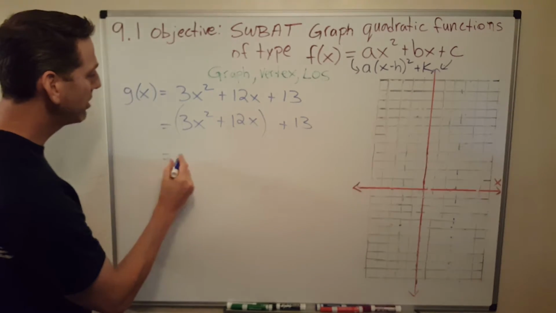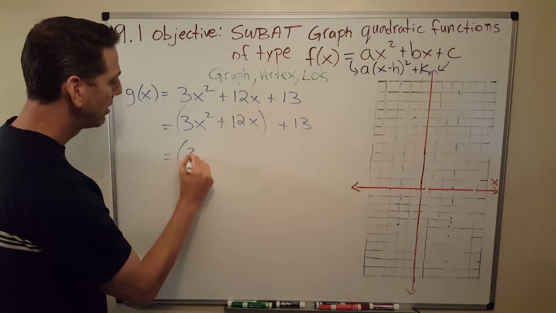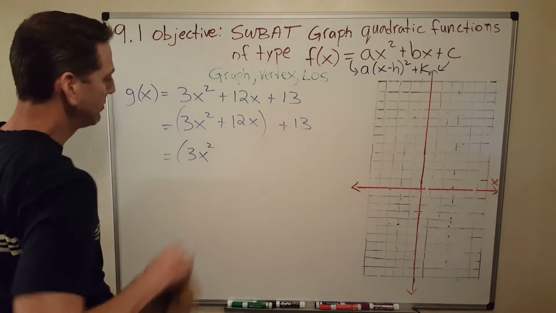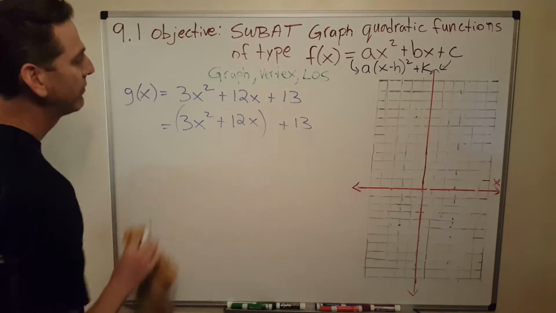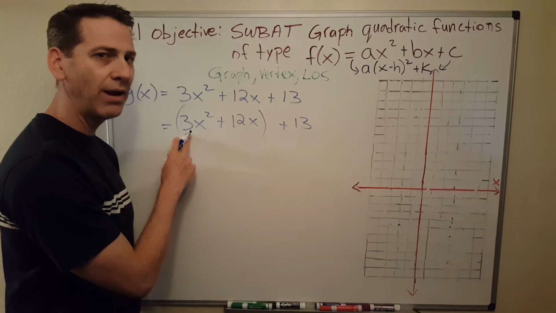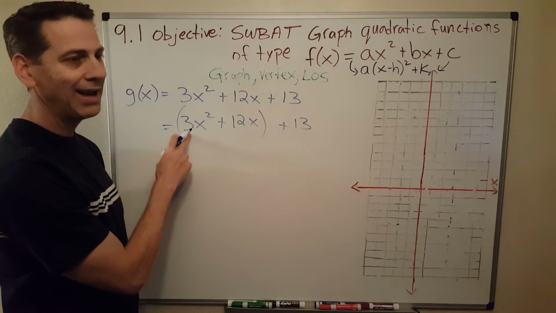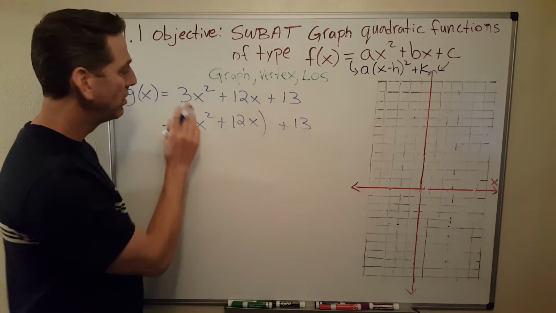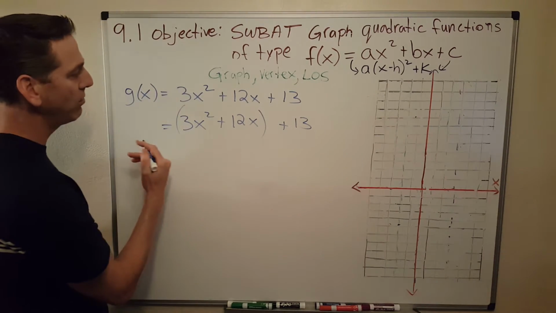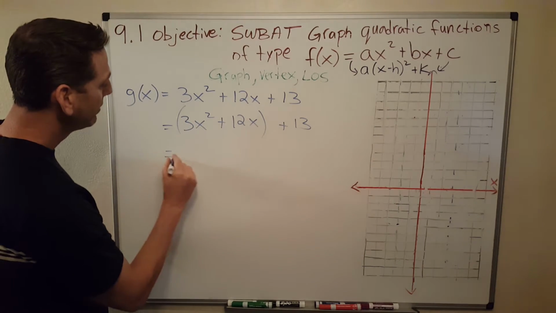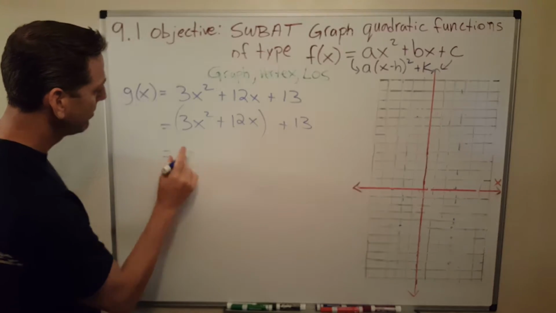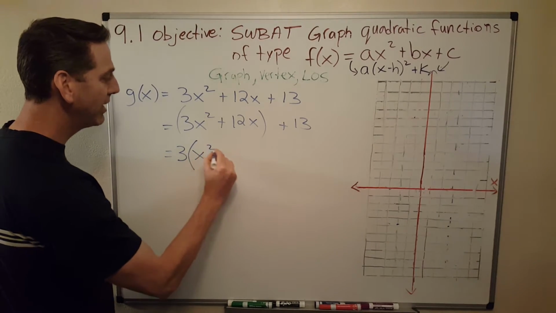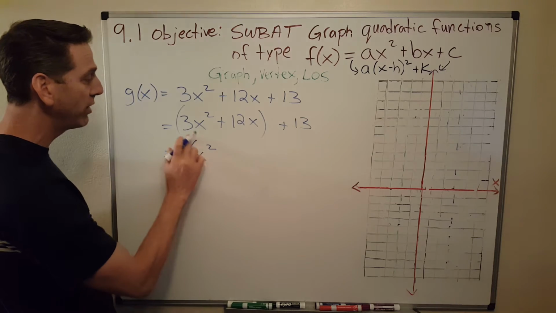All right, so with this part of the trinomial, we're going to complete the square. In order to complete the square, the first thing I need to do is factor out this 3. I can't have a 3 there to make a perfect square trinomial. So I'm going to factor him out. That's going to give me 3, and x squared right there, right? 3 times x squared is just 3x squared,